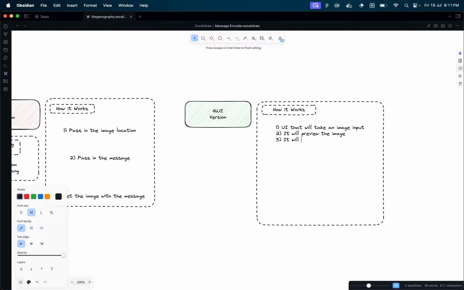It will have a text input area. It will have an encode and decode option,